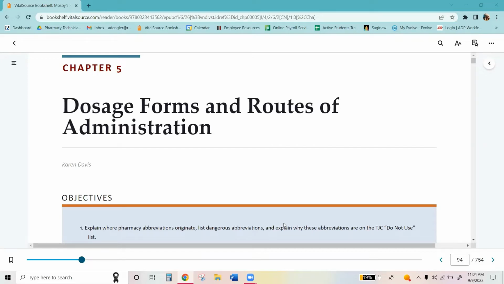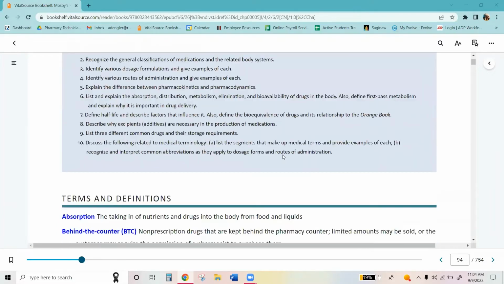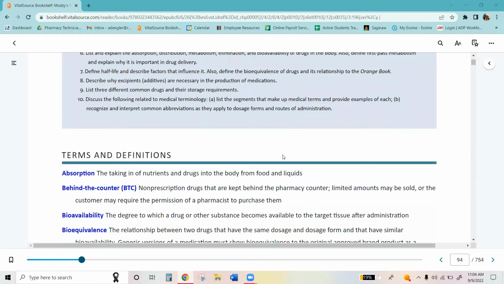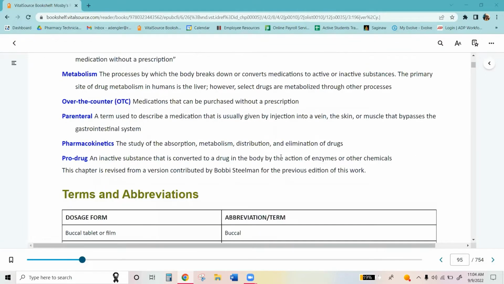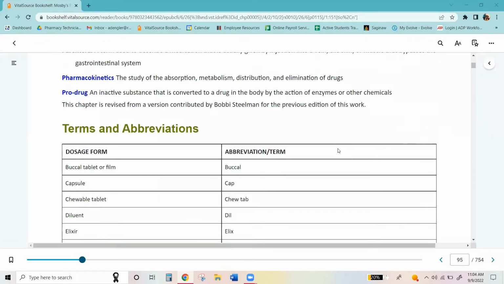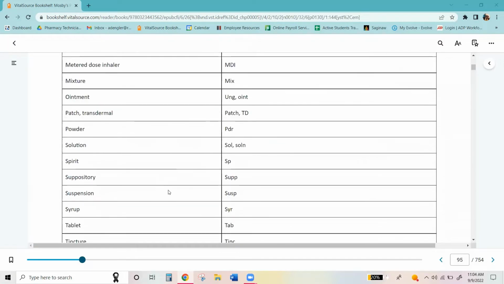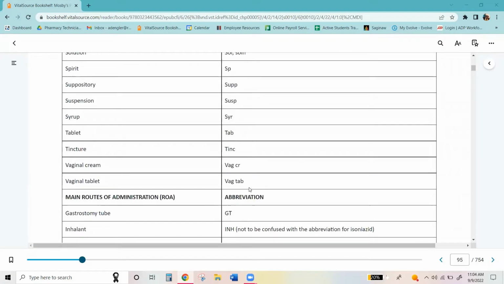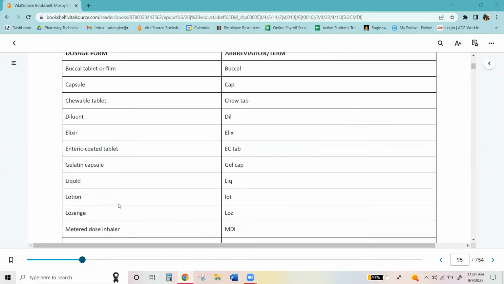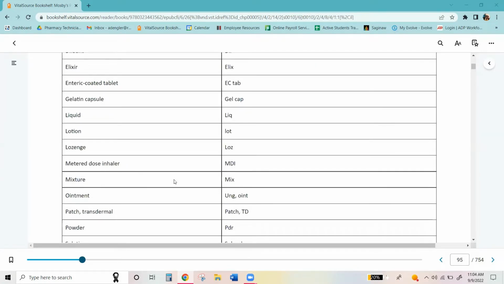Chapter 5, Dosage Forms and Routes of Administration. We will talk about the terms and definitions as we progress through the chapter. We have this table here of common terms and abbreviations. It's a great table to study, especially for help with this chapter. We will go over these throughout the chapter,